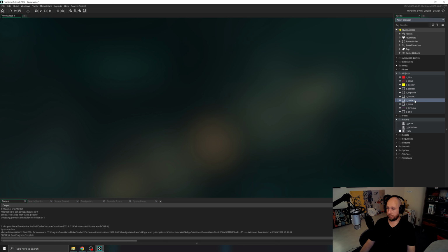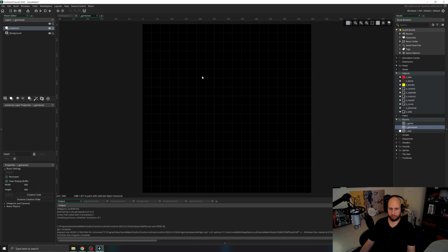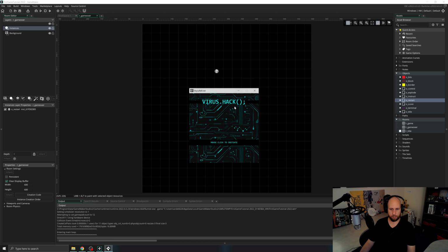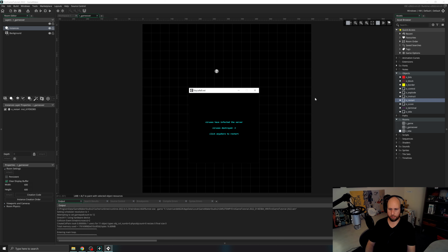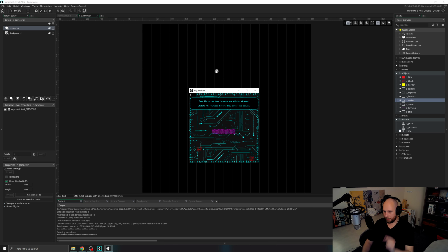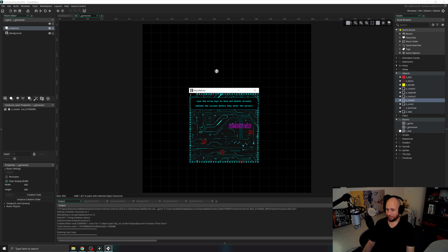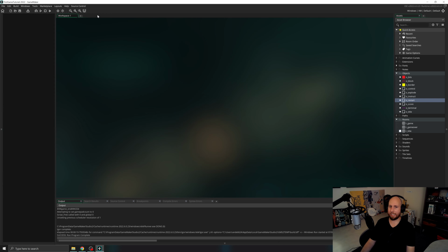But our restart object isn't in the game over room yet. So let's open our game over room and drag restart into the room. See if that's working. We've done a lot. We should check to see if the game is working. Okay, so it should take us to the new room. Viruses have infected the server. Viruses destroyed 2. Click anywhere to restart. Click. Restarts. Notice that the music did not restart because we set the music to play in the title room,